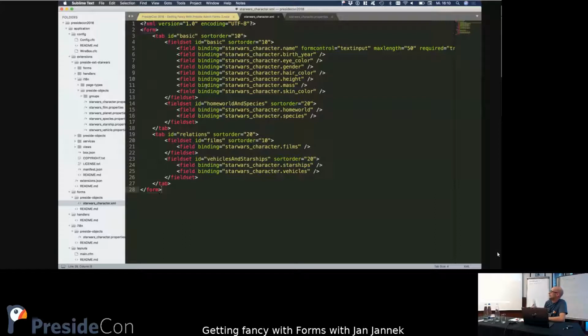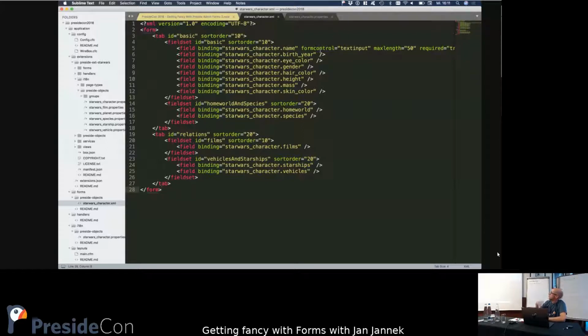And one thing you can do, which I'll show later, is if you have something from core or from an extension where a form is defined including bindings, but you want to get rid of something that was defined in core, then you would use field name deleted equals true. I will show that in a minute. What I've done here,